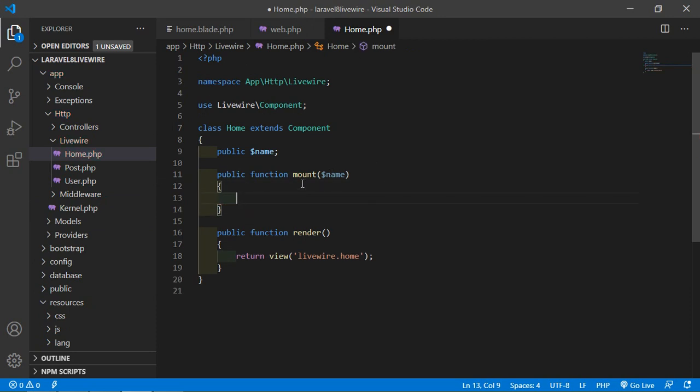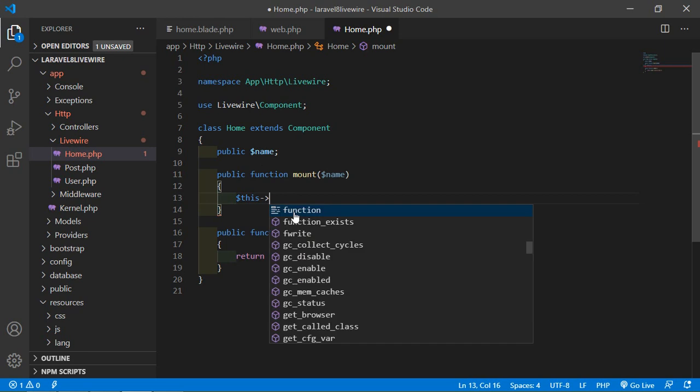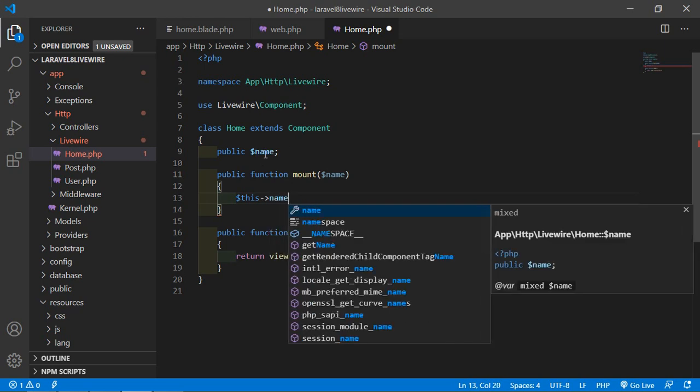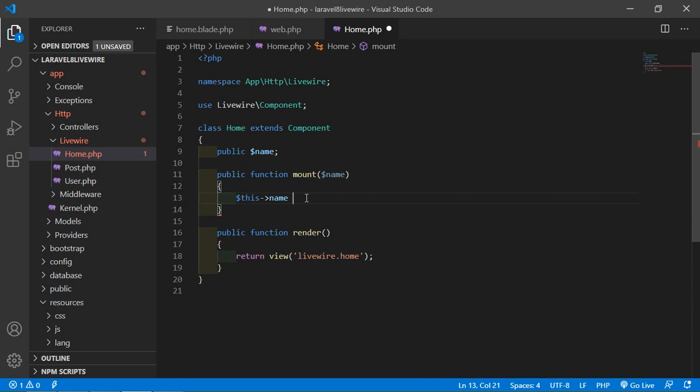And inside this mount hook function access this property, so write $this->name, and put this variable value, so write $name. Now save this file.